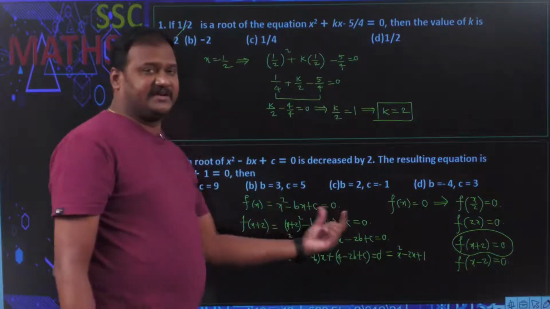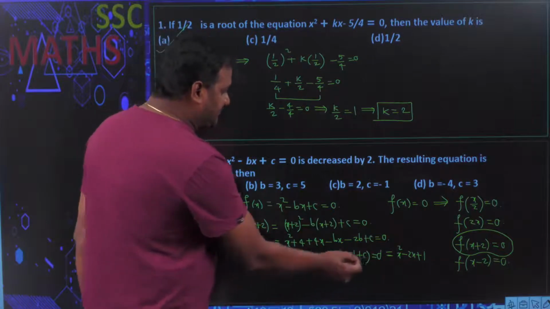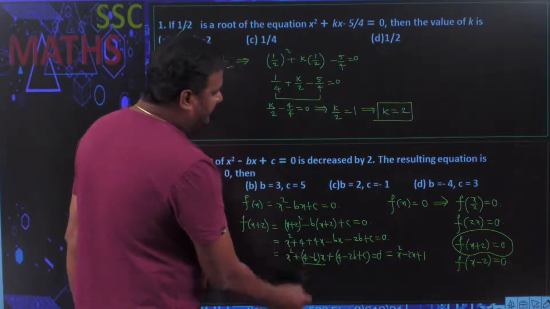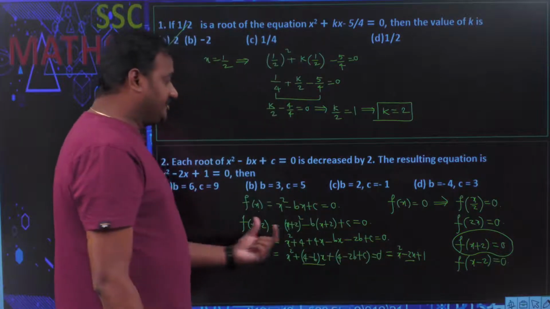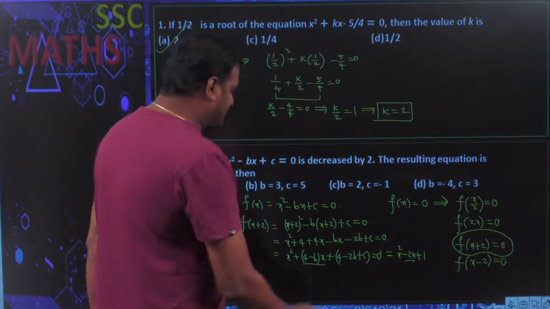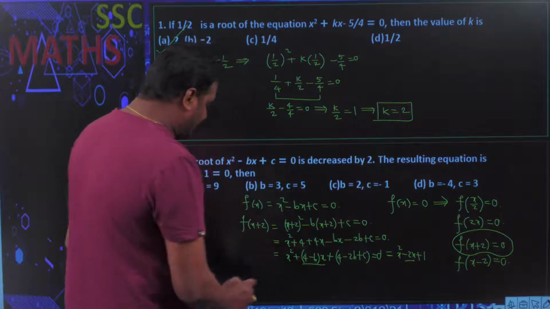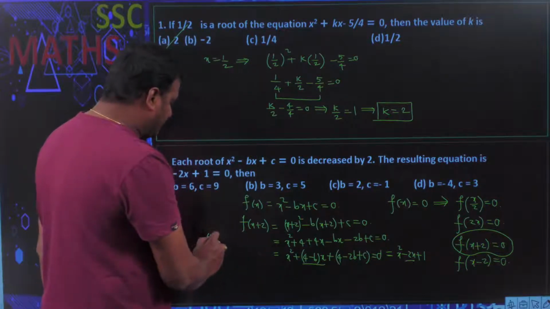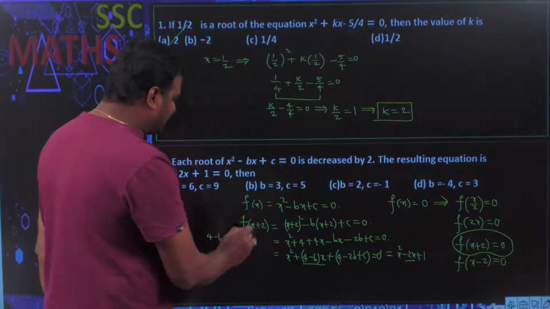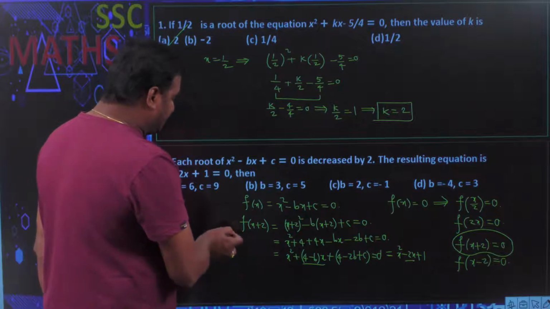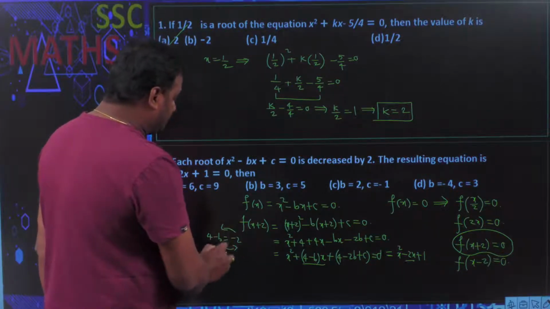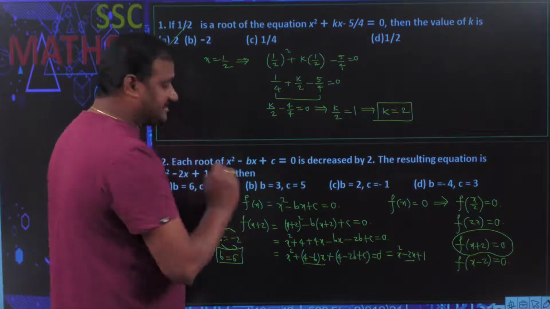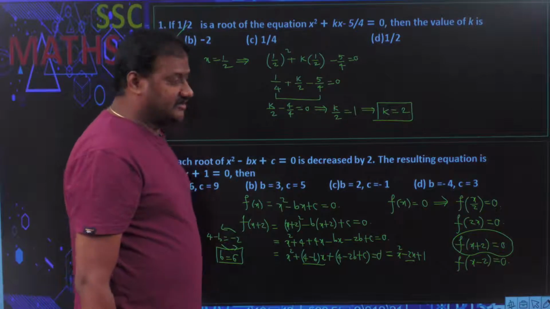So when you compare like terms, x term is equal to x term. Here the x term is 4 minus b into x and here the x term is minus 2x. When you equate x terms, what do you get? 4 minus b is equal to minus 2. Then transpose minus 2 here and 4 that side. Then 4 plus 2 is equal to b, therefore b is equal to, what is 4 plus 2? It is going to be 6. The value of b is equal to 6.